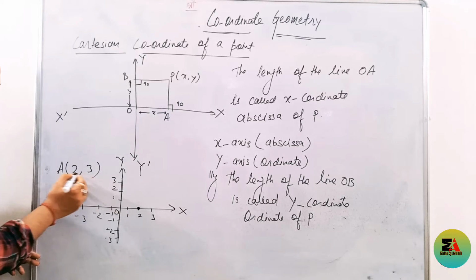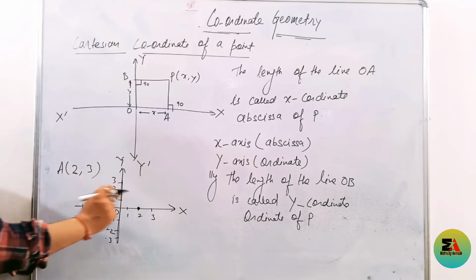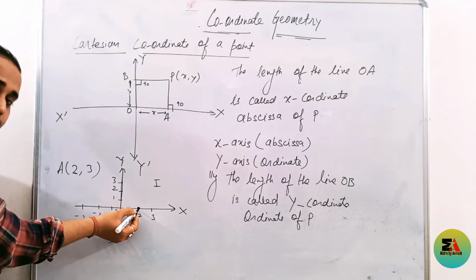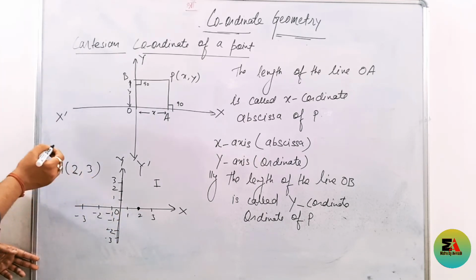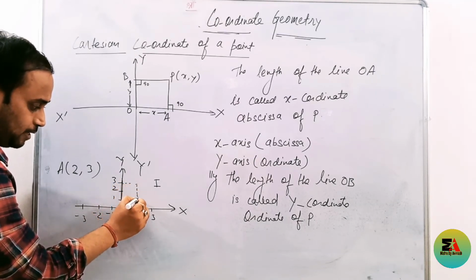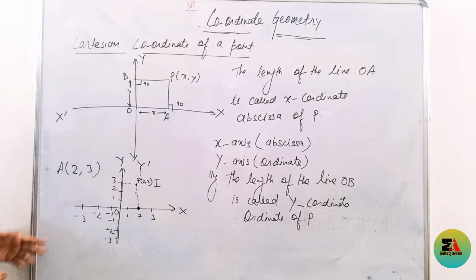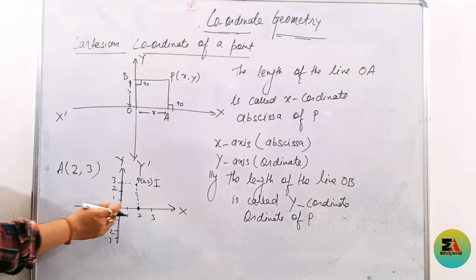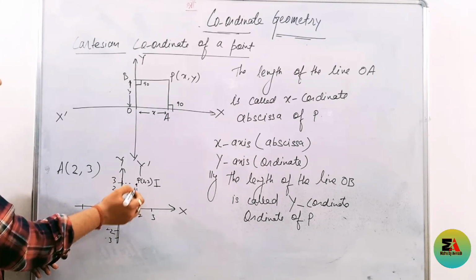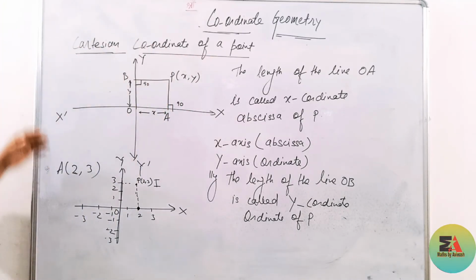And the value of y is 3. If you see, both values are positive, and we learned from the earlier lesson that if both values are positive, they lie in the first quadrant. This is our first quadrant. The x value is 2, it is positive, and the y value is 3, also positive. 3 is here. We plot in this way and mark it as point P, that is (2, 3). This is the process. Simply, we plot the number of x and the number of y and match them with the lines. This is the representation of points on a Cartesian coordinate system. I hope this is clear.